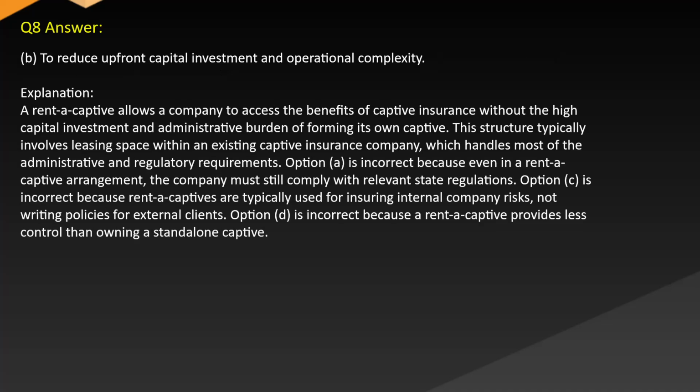Answer B. To reduce upfront capital investment and operational complexity. Explanation. A rent-a-captive allows a company to access the benefits of captive insurance without the high capital investment and administrative burden of forming its own captive. This structure typically involves leasing space within an existing captive insurance company, which handles most of the administrative and regulatory